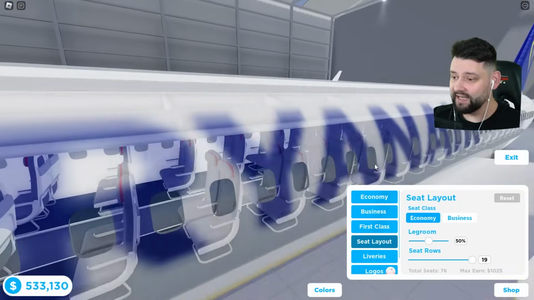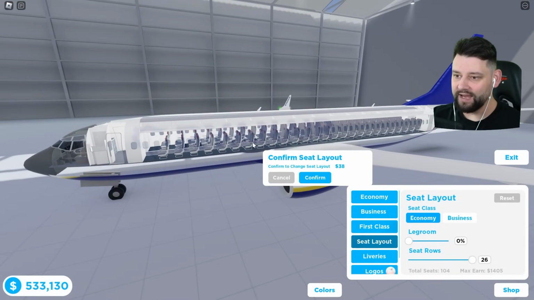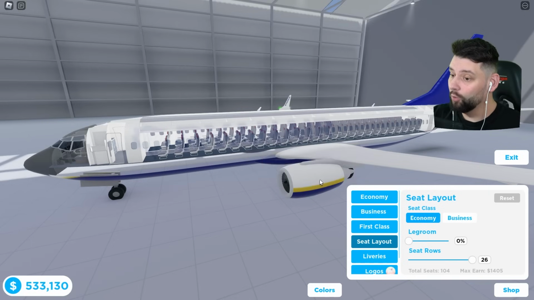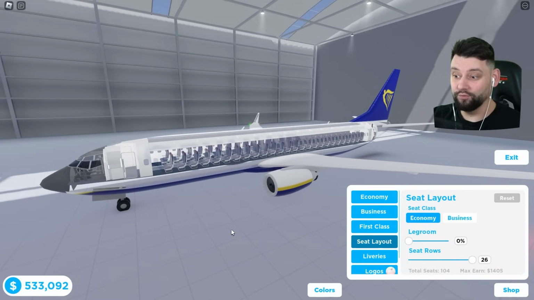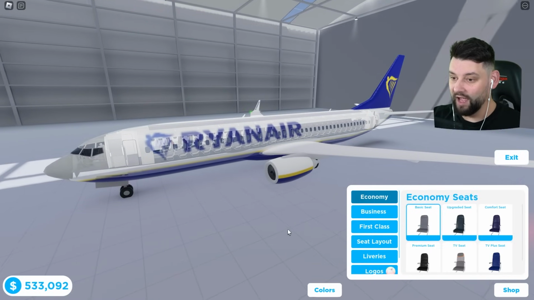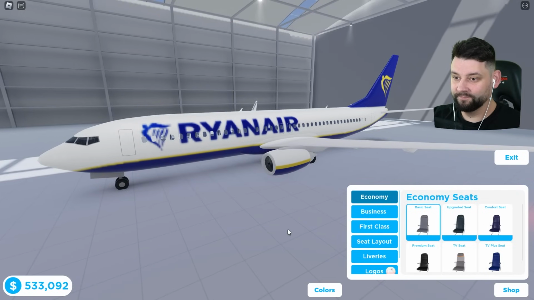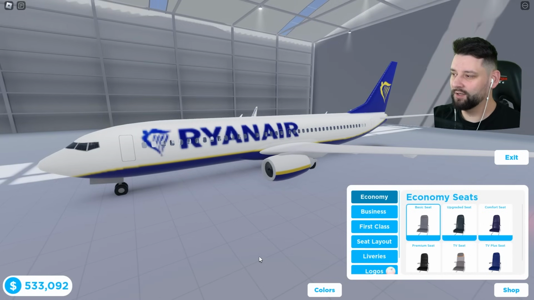Now, we need to make sure that the seat layout, yes, it's all economy, but we need to make sure that they have zero legroom. So I've made it minimal legroom, because RYANAIR likes to put as many seats on the plane as they possibly can. Which means we can now get 104 passengers on a 737. I am pushing the limits in this game, boys. This is what real RYANAIR does on their planes. No luxury, no fancy stuff, no legroom, but they give you maximum seats, maximum passengers,